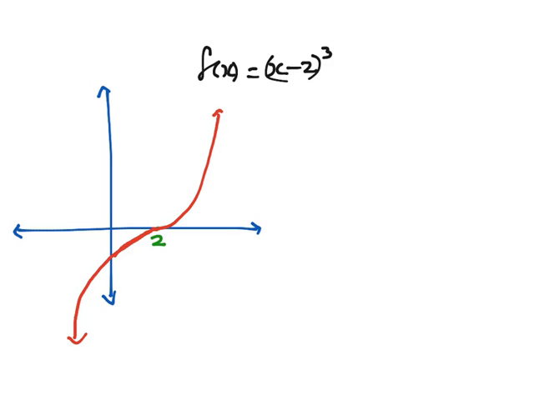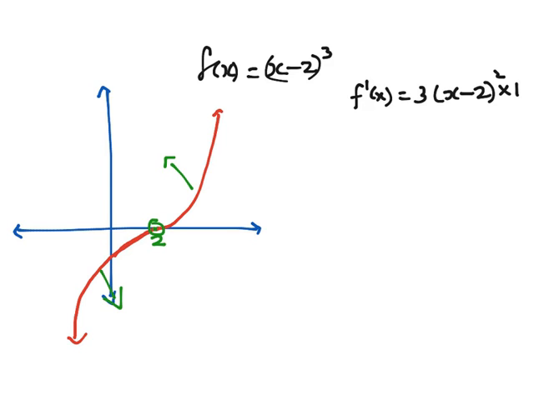Okay, now let us consider this function, students, f of x equal to x minus 2 the whole cube. Now as you can see, this is 2. Here it is concave down and here it is concave up. So definitely 2 is actually a point of inflection because the concavity changes there at 2. Now how do we know that it changes at 2? How do you know that it is not some other point? Very simple. So let me first find the first derivative, f dash of x. So f dash of x is 3 times x minus 2 the whole square, isn't it, into 1,